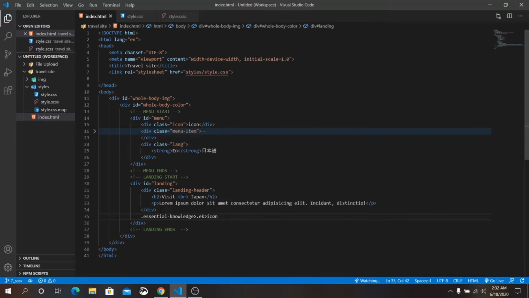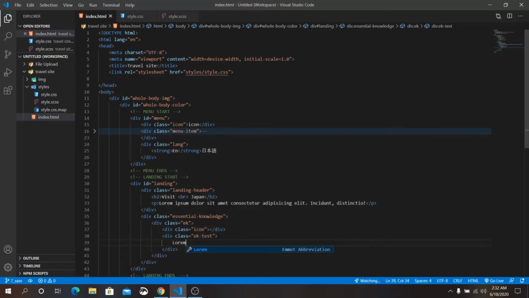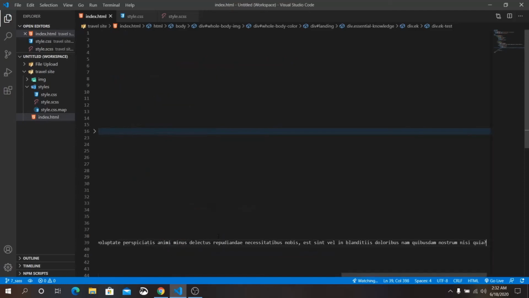Don't forget about this dot, otherwise it will not be a div. Okay, not inside, this will be sibling of icon, dot ek text. Okay, ek text will be lorem 50 tab,